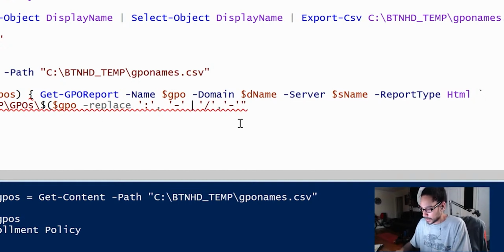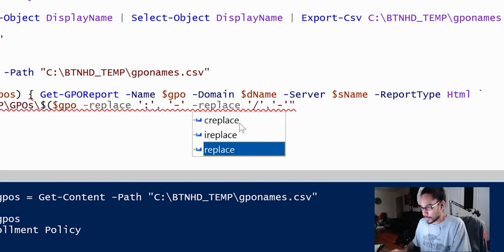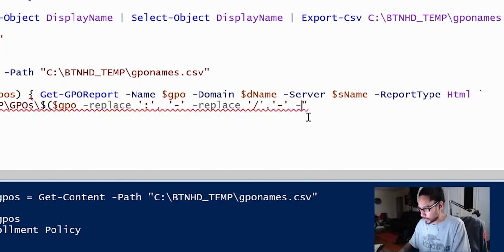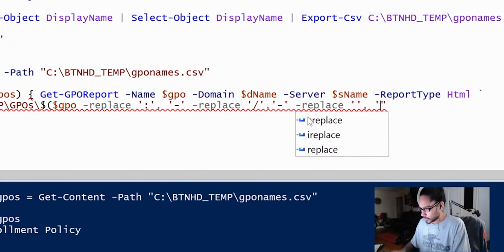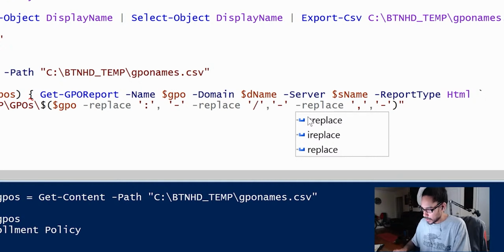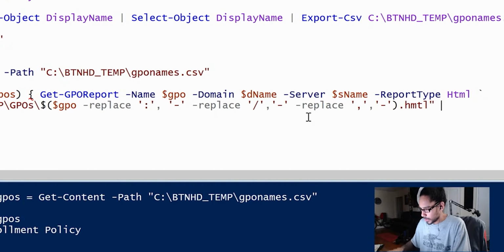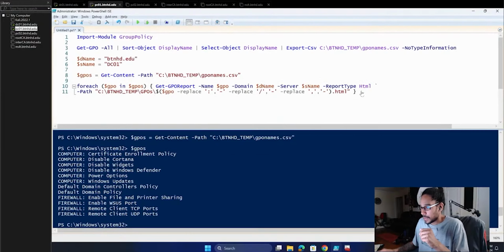You do a space, and you're going to do replace. Okay, I'm going to do another replace, and it's going to be single quote, single, and if it has a comma, put a dash. Give it a period HTML, and then I'm going to do a space at the end, and then we are going to do wiggly. This closes it. Okay, now we are going to select lines 10 and 11,